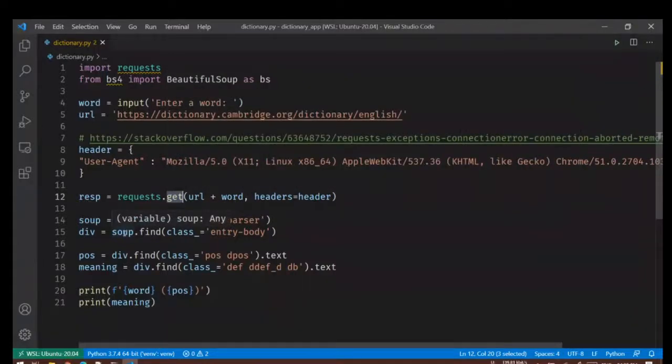Beautiful Soup can do a lot of things, but you will see we are only using the find method, nothing else. We are creating a soup object and then calling the find method with the class, and in some places we are using text. This is very straightforward: it will return the text that is present between the opening and closing tags.